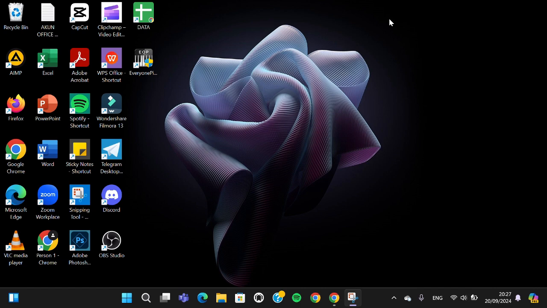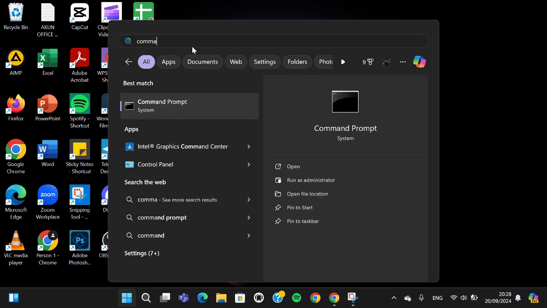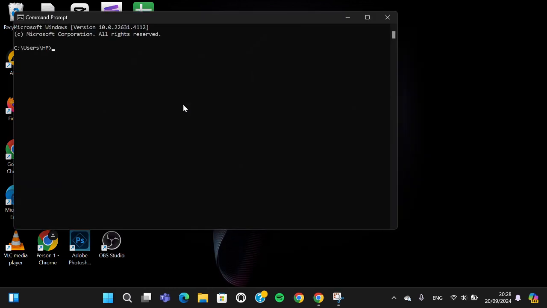I have opened my computer, and if we want to check the serial number, we can use the command prompt. You can go to your start menu, and then search for the command prompt, this one. Open the command prompt, and here we have to type in this command,